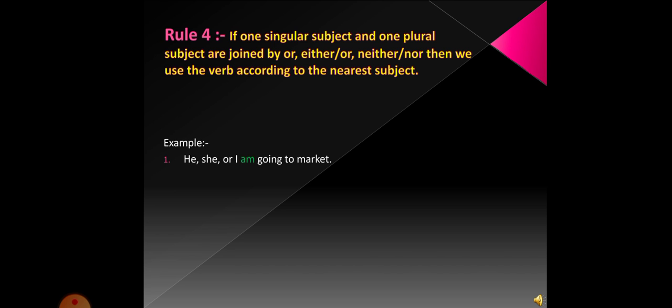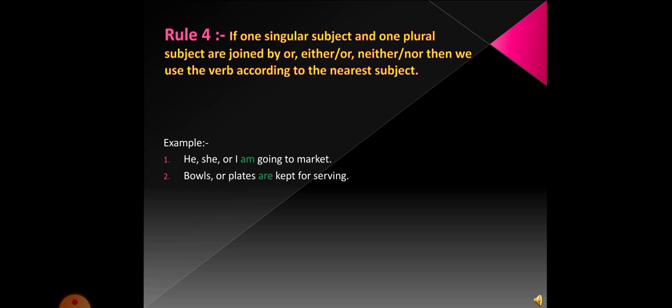He, she or I am going to the market. Here he and she or I. Oh, sorry, here are three subjects joined by or, and here I have used the verb am according to the nearest subject, which is I. Okay,